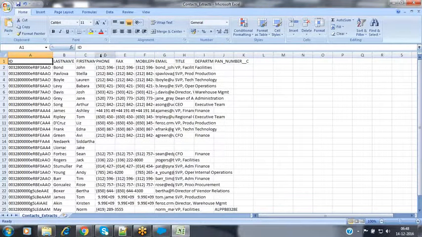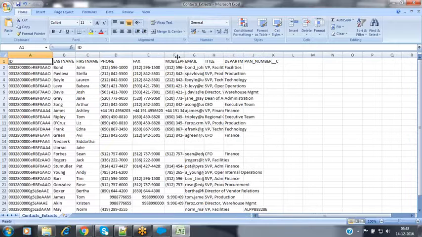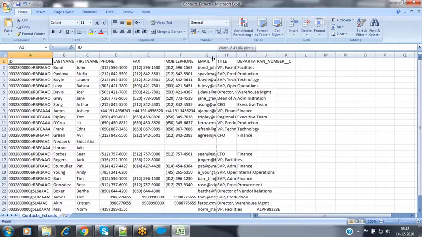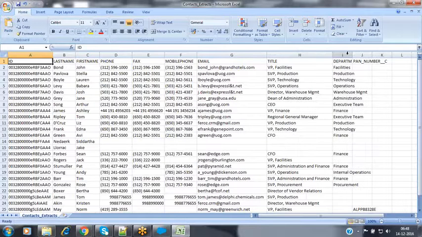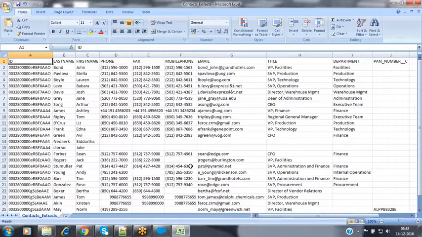You will have the IDs, last name, first name, phone number, fax number, mobile phone, email ID, title, department, and the PAN number. All these fields information is available to you over here. So this is the way we can export the records by using the Data Loader tool.